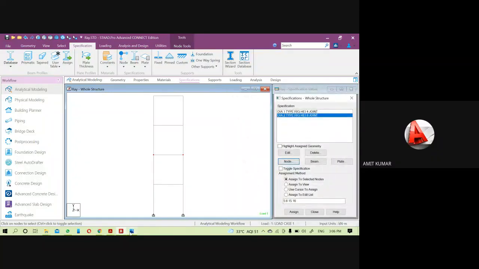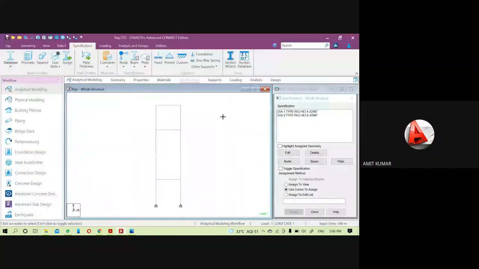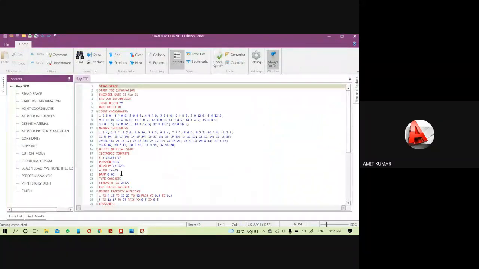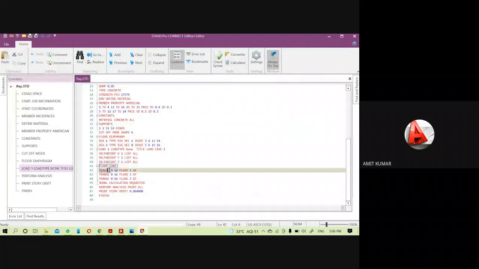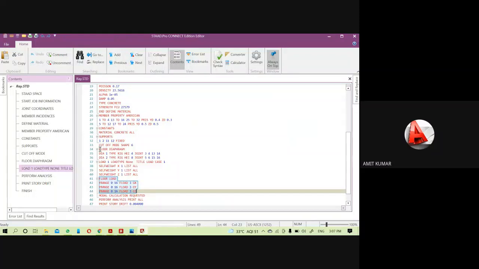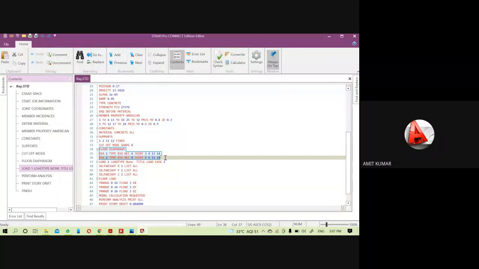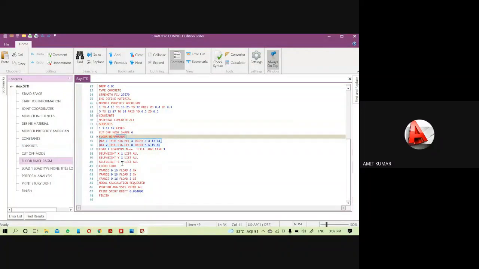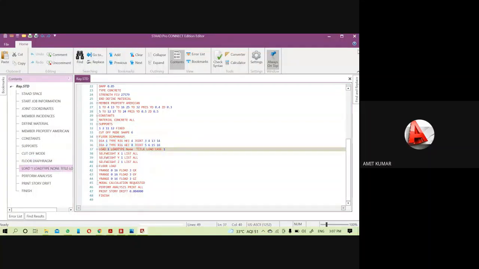And you can even change the positions through the utilities also, that means you can change the step position through the command file also. So go to the command file, you can see here we have floor load. So just select the floor diaphragm from here, here it is, and cut it. Yeah, so we are getting it just before the load cases, so I think it will not give you any problem. So let's see.